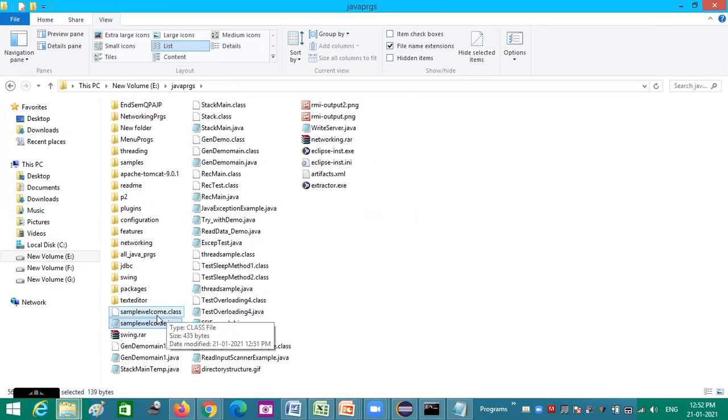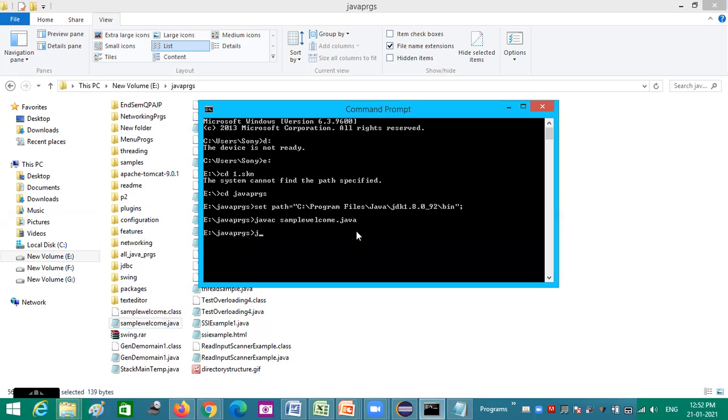This contains the bytecode. I hope you can see this. Type is class file. When I mouse over it, it shows class file, 435 bytes. Okay, so compiled. Now I am running this program.